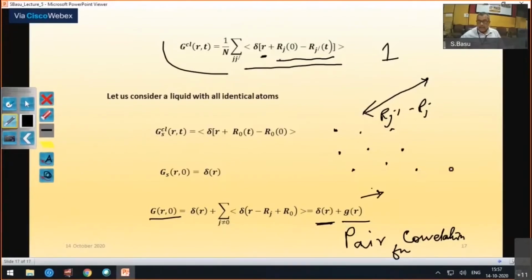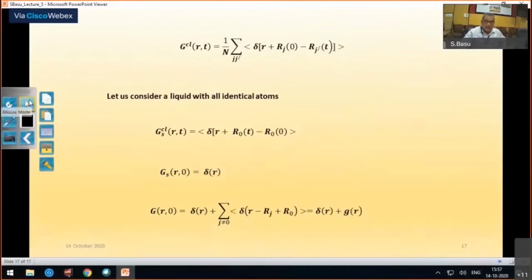So if it is a crystal lattice, then it will give me the interatomic distances. Otherwise, in any other system, for example, an amorphous system or a liquid, there are still short range correlations, and at t equal to 0, that will give me the short range correlation.